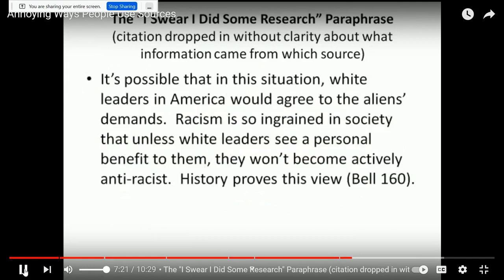Here's an example. Here's three lovely sentences that the student essay has. Okay, great. These are all good sentences, making an interesting point. But then look at this kind of random citation at the end. What exactly came from Bell, page 160? Is it this first part? It's possible. Is it the second part? Is it the third part? Is it the second and third? I'm baffled. To me, it looks like he wrote these three great sentences and said, I guess I kind of read Bell when I kind of wrote this, so I'll kind of drop it in.